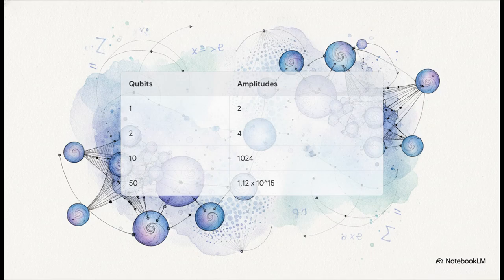Moving right along to Section 2, tensor products and scaling. Let's see how this builds when we combine multiple qubits into a single system. Multi-qubit systems are represented mathematically by tensor products, creating a state space that scales exponentially at 2 to the power of n complex amplitudes. So 1 qubit is 2 amplitudes. 10 qubits jump to over 1,000. But remarkably, by the time you reach just 50 qubits, the system's state vector requires 1.12 quadrillion complex amplitudes to